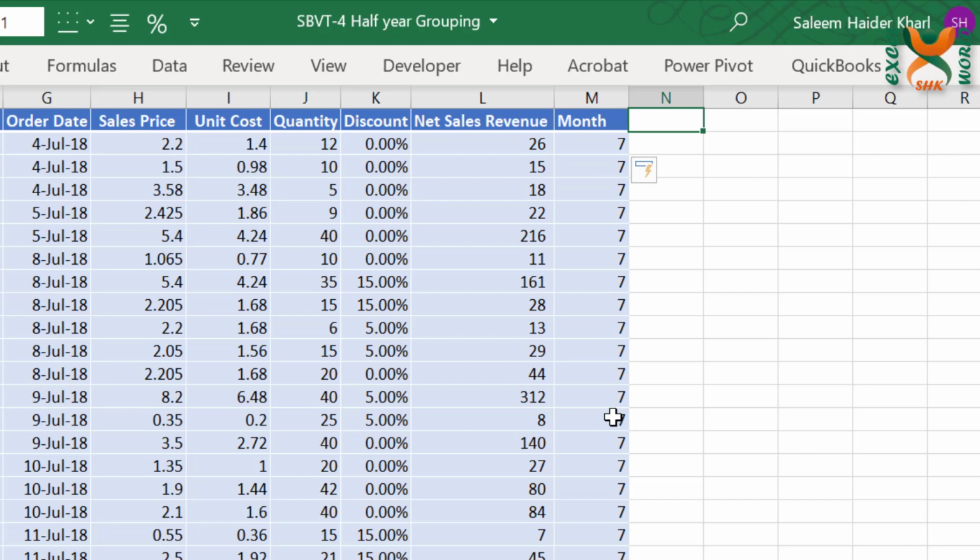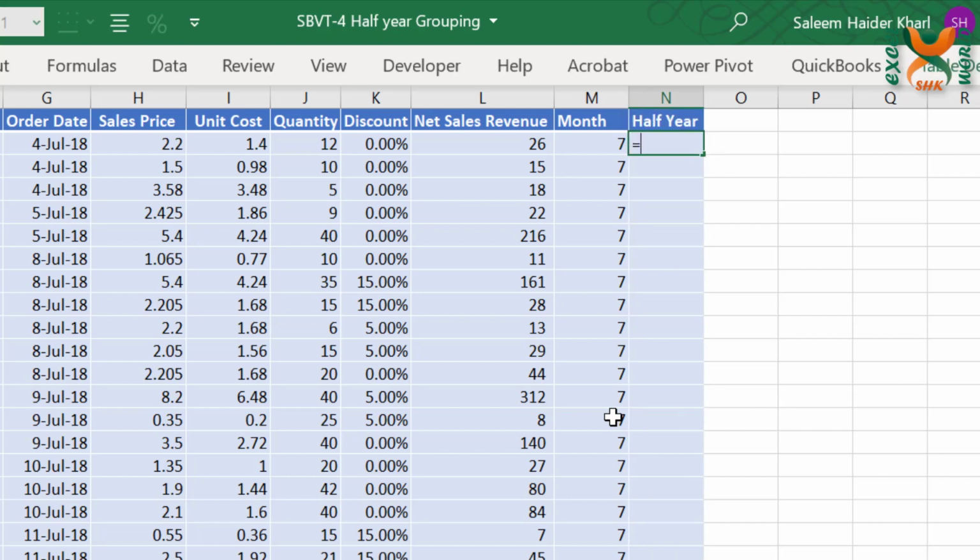And now we are going to use the IF formula to create our two half years. Write the name of this new field as half year and write IF your month number is greater than 6. So in respect of a calendar year, we are not talking about financial year at the moment. In respect of a calendar year, this makes up your second half year.